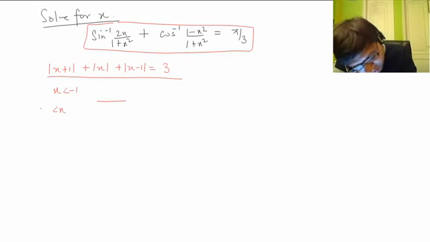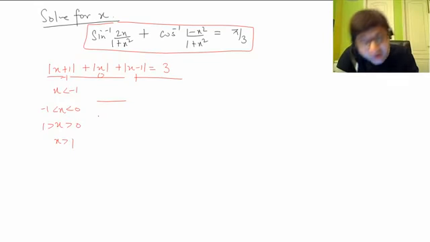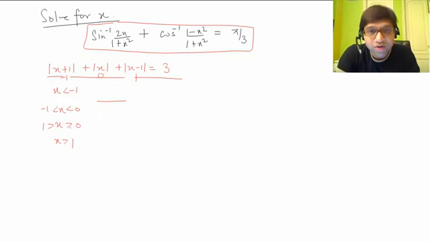We make intervals of x: -1 to 0, because the critical points are -1 from this side, 0 from this side, 1 from this side, 0 from this side, and -1 from this side. So we make intervals about the critical points: left of -1, -1 to 0, 0 to 1, greater than 1. In each interval we solve the simplified form of this equation. Basically we are breaking each compound function into pieces, and then we are able to solve the equation.